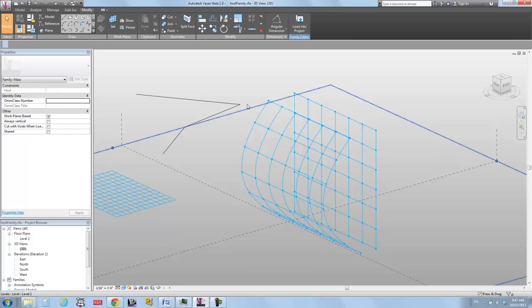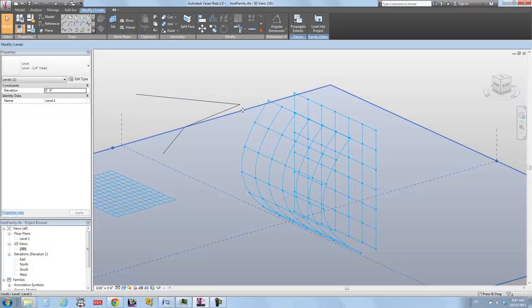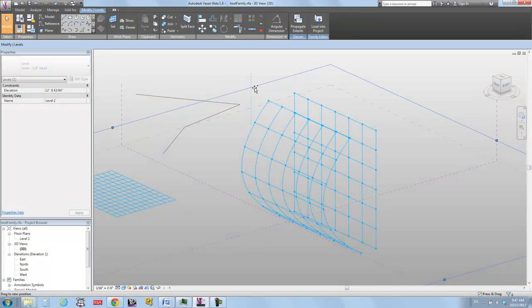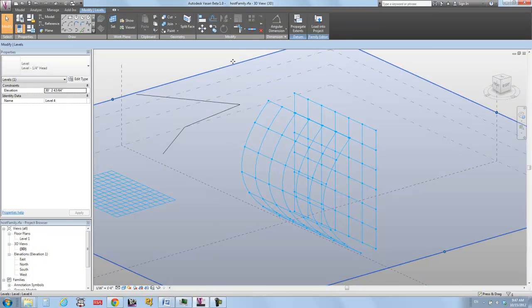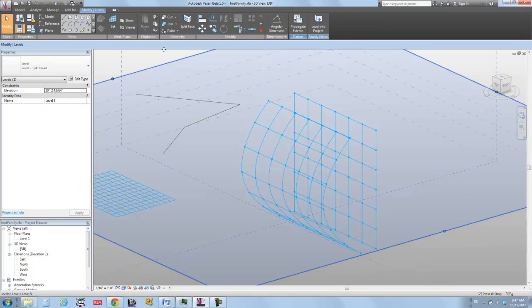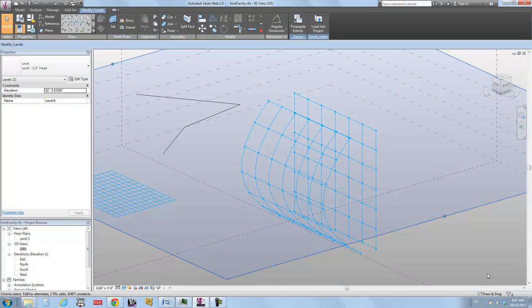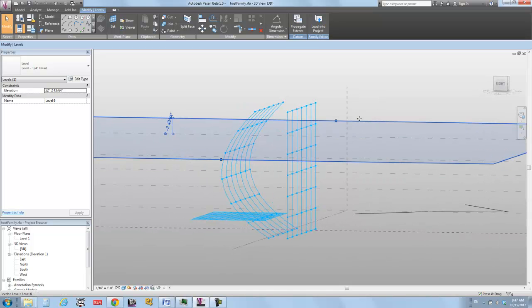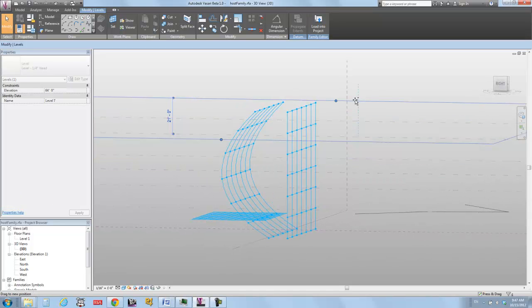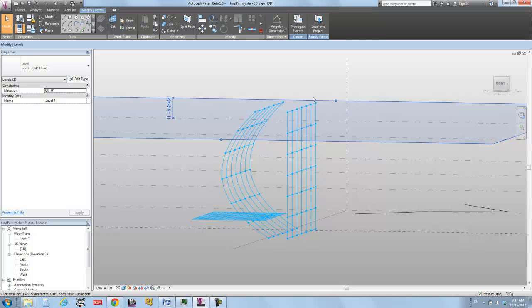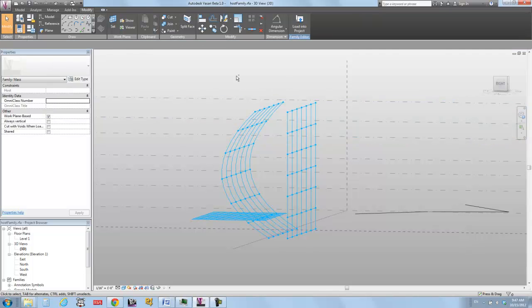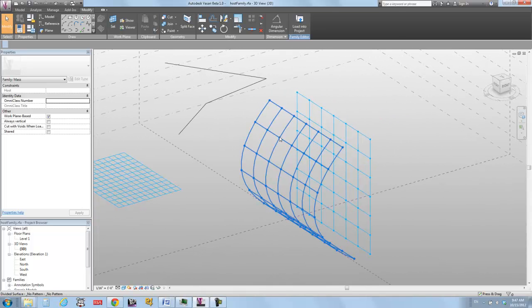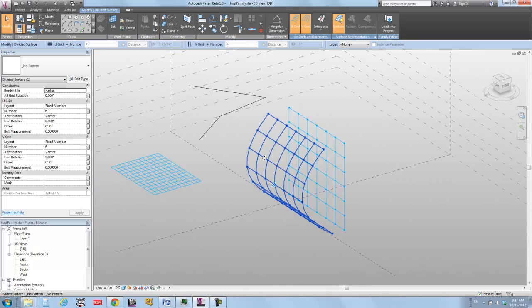So if you select level 1, I'm going to hit Control-Shift, and I'm going to copy them up. And I'm going to make, I don't know, 5 or 6 of these. Let's do something like that so that you've got something that covers most of your form, or is slicing up most of your form. Right? And now if you select your curvy surface,